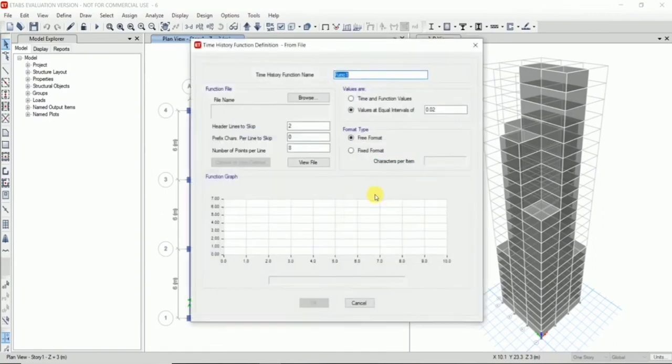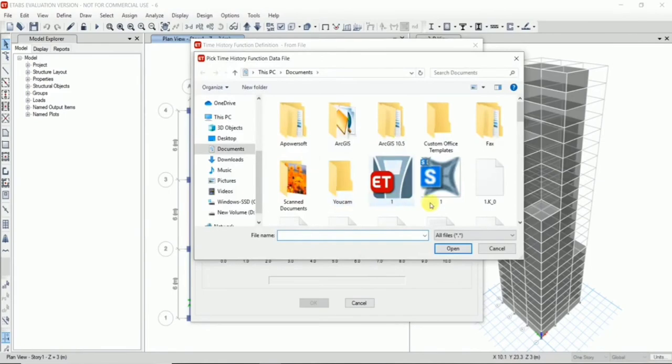It is almost similar to what we did for the response spectrum function, but in this case we have to choose time history data from a file.